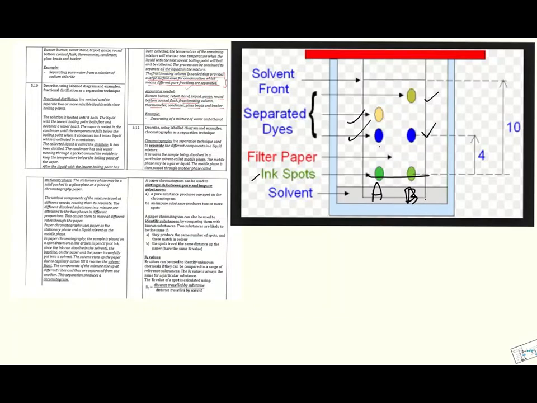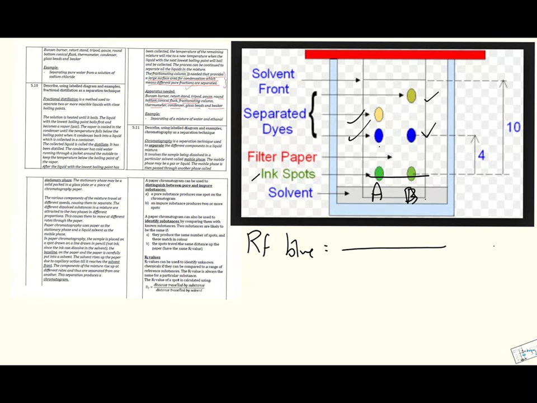And then you need to be able to measure the RF value of your product chromatogram. How do you measure the RF value of a separate spot? Suppose you are asked to measure the RF value of the blue color. How can I measure it? You will measure the distance moved by the spot. The spot has moved from this point to this point. So you will measure this distance, it's 4 centimeters. So I will write 4